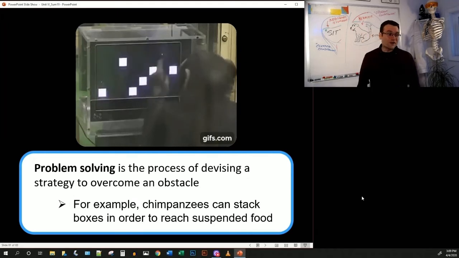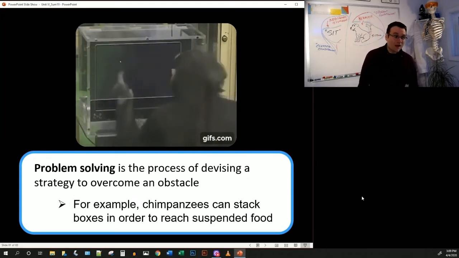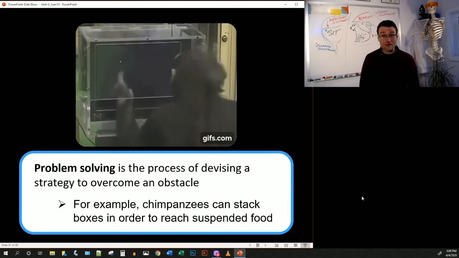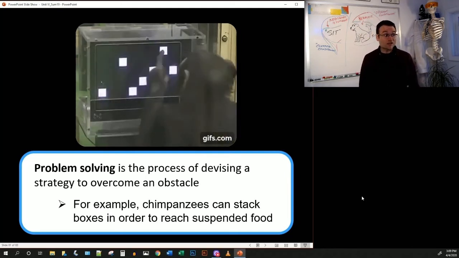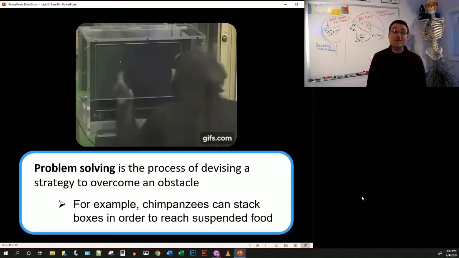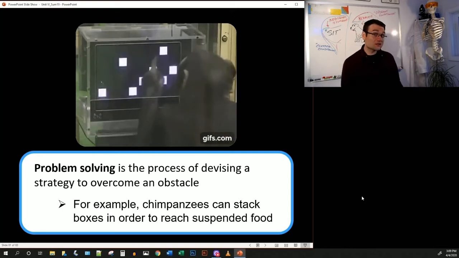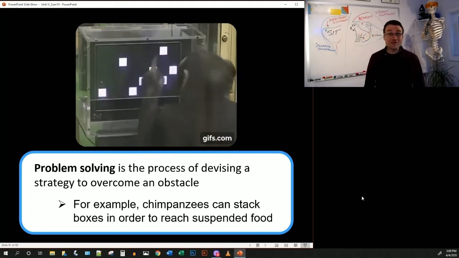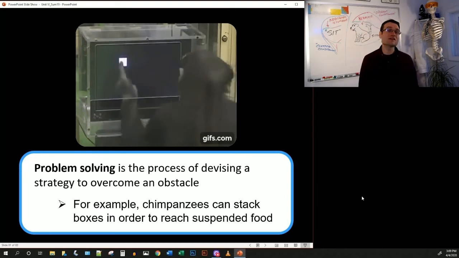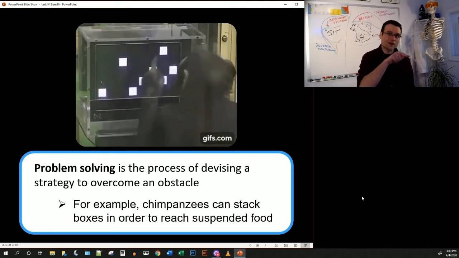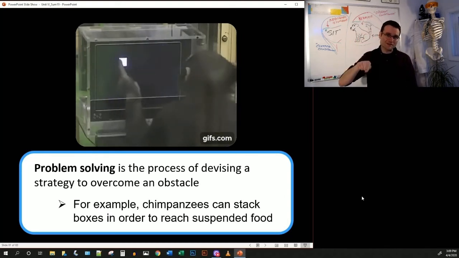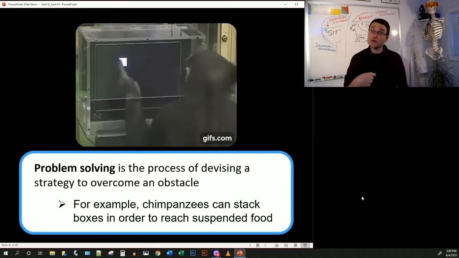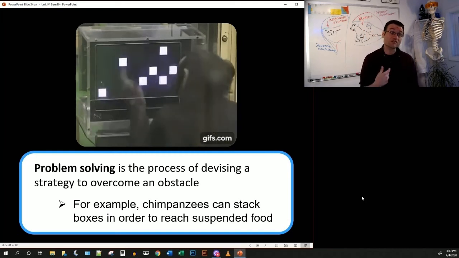I love this one. This is a chimpanzee, and I have not sped this footage up. This capture is at the speed that he is doing it. They show him a screen of numbers, and then the second he touches the first number, they all go white, and he has to remember what order these symbols are in. Now, these symbols don't mean anything to the chimpanzee, but he's done this game enough. He knows that 1 is followed by 2, by 3, by 4, by 5, by 6, and then up to 9. And he memorizes them so quickly because he's getting a food reward every single time he solves this puzzle.